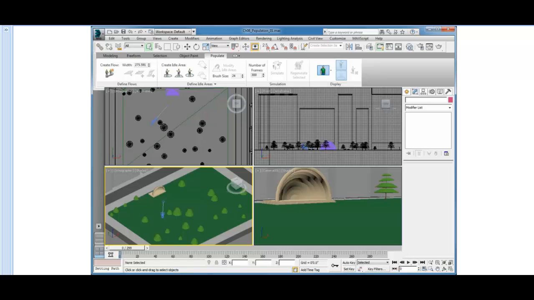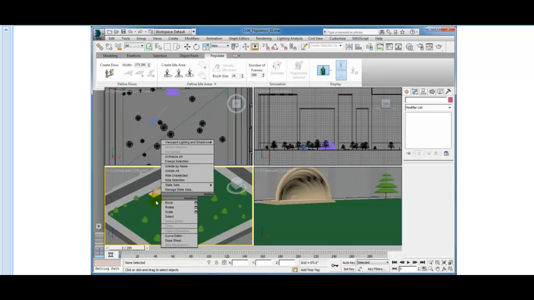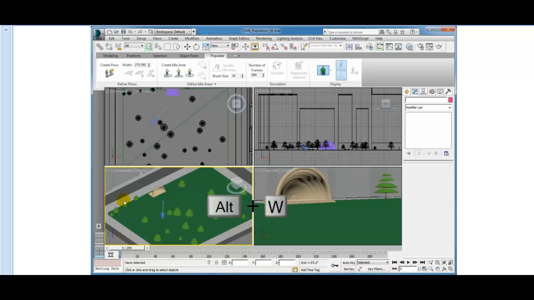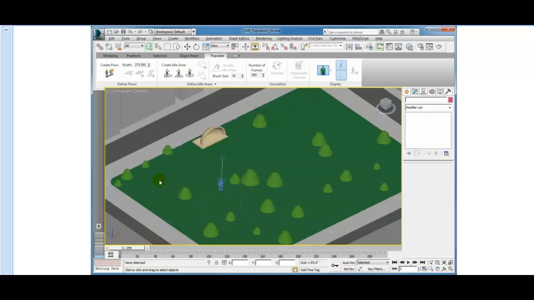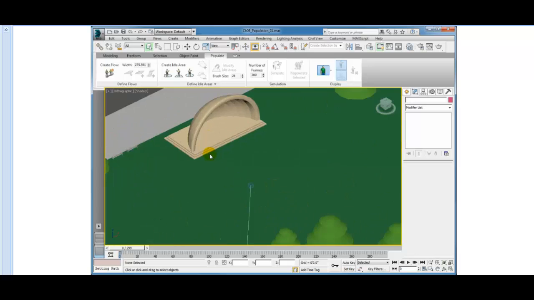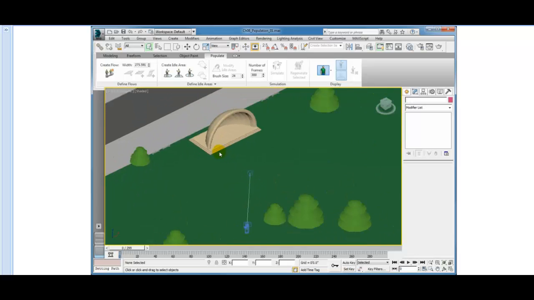Click in the lower left of the orthographic viewport, and then press Alt-W to maximize the orthographic viewport. Zoom in on the front of the band shell, but not so far. We want to leave enough room so we can draw an area of people that will be watching the show